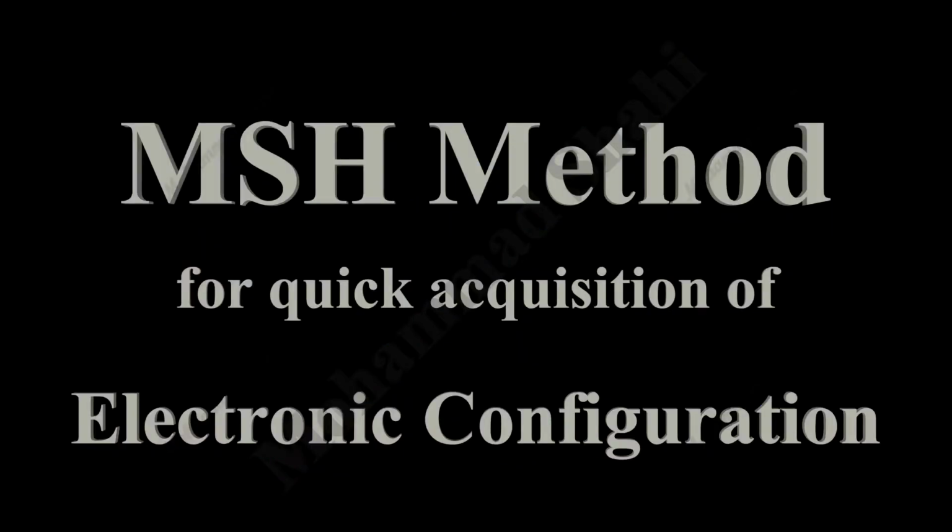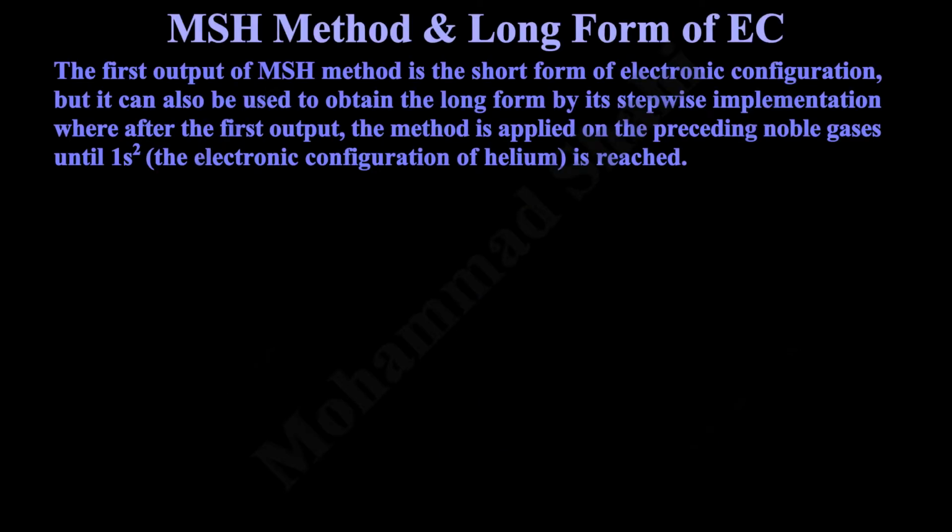We discussed what the MSH method is and how it can be used. It is also good to pay attention to some other aspects of this method. As can be noticed in the previous examples, the first output of the MSH method is the short form of electronic configuration, also known by other names like condensed electronic configuration. But the MSH method can also be used to obtain the long form of electronic configuration by its stepwise implementation, where